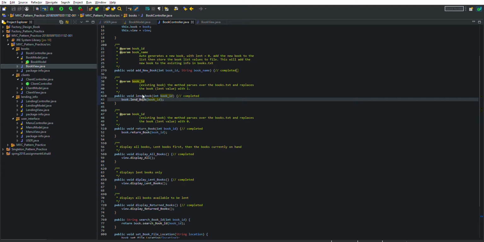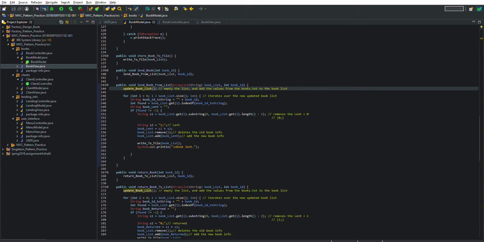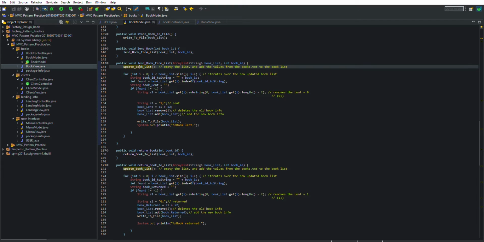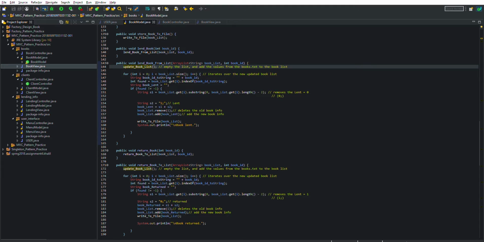So when it calls out to lend a book, it updates the list again, and the information we inputted gets written. It parses through the string. For example, we entered that we want to lend the book with the book ID. So it pulls the book from the list and iterates over the updated book list, and then it